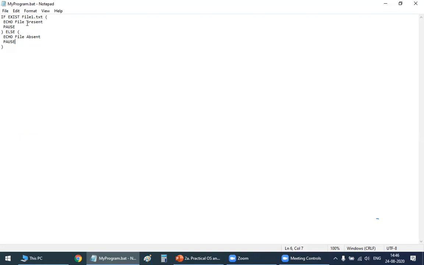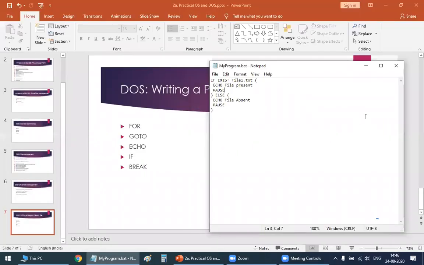So it will echo file present, and pause for the user. Else, if the file is not existent, then echo that file is absent. So this is a small program which I have written using the if statement, and this is for you to have a feel about how to write a program.